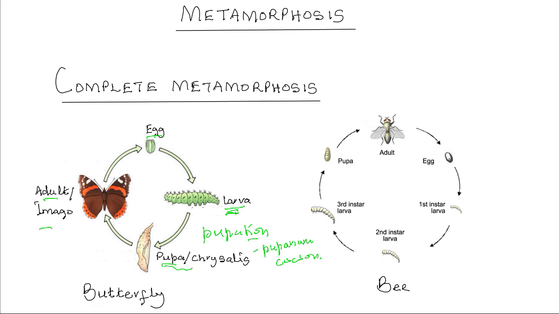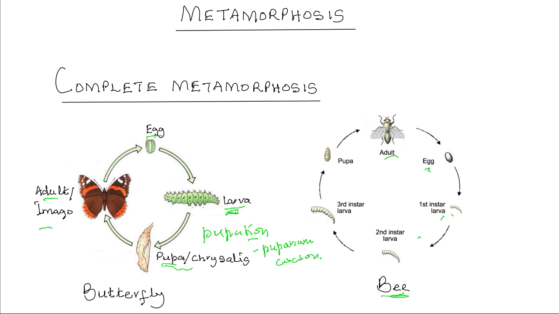Complete metamorphosis is also seen in the bees, where the adults lay eggs. The eggs hatch into larvae. Then the larva undergoes several molting. It undergoes several developmental stages known as the instars. You have the first, second, third instar before the